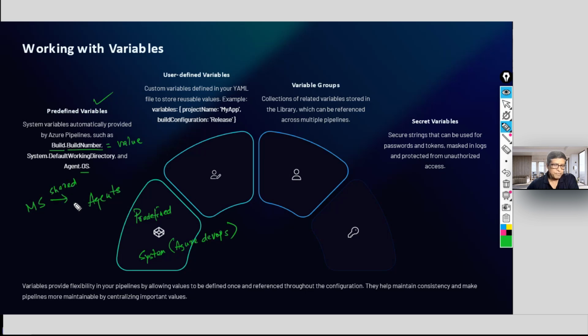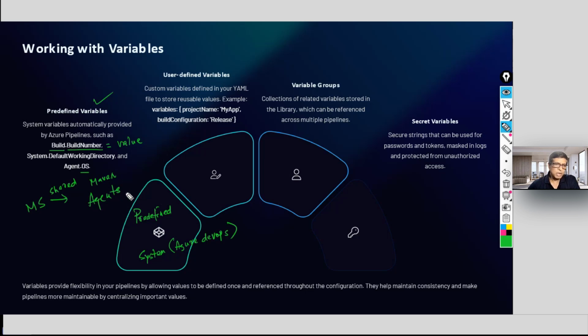Microsoft gives you a server with a predefined, installed environment. All the software needed for running your jobs within the pipeline is already there. You do not need any customized one. If you are running Java programs within the build, Maven will be available in that environment. You do not need to install it separately. So these are the agents which will run your jobs.